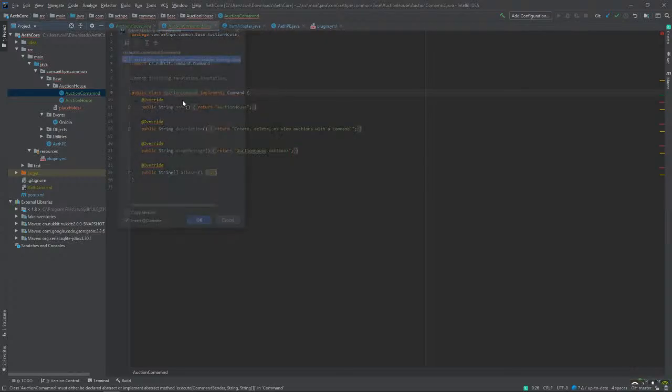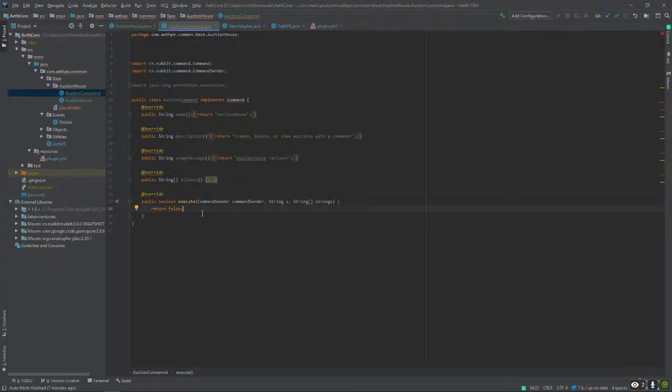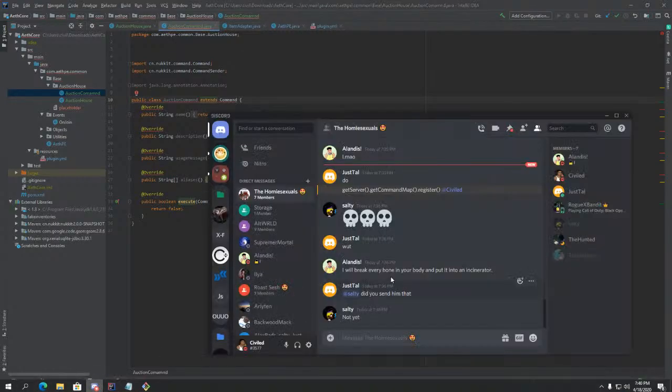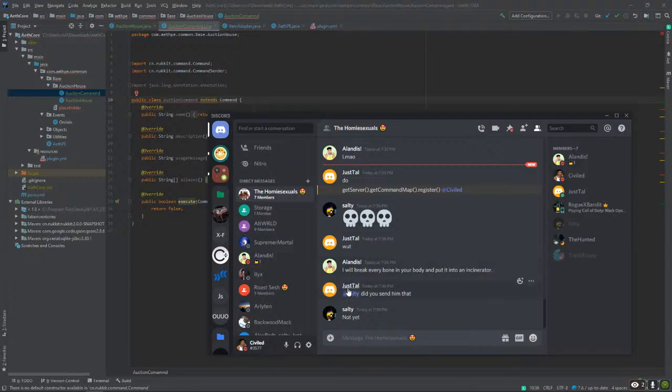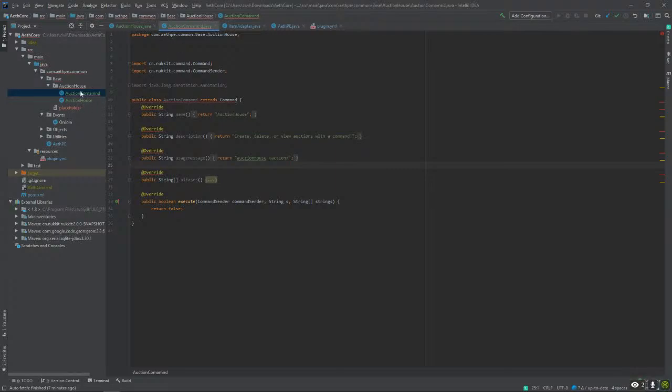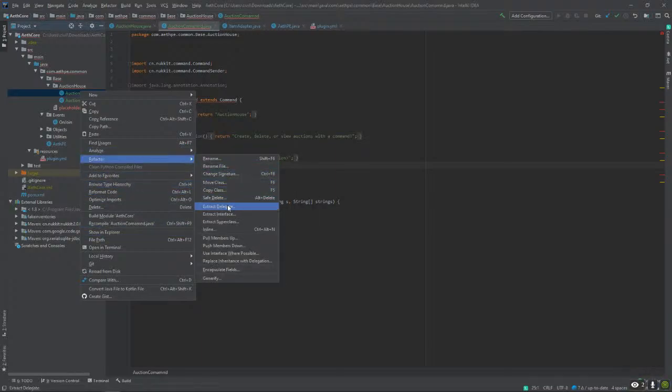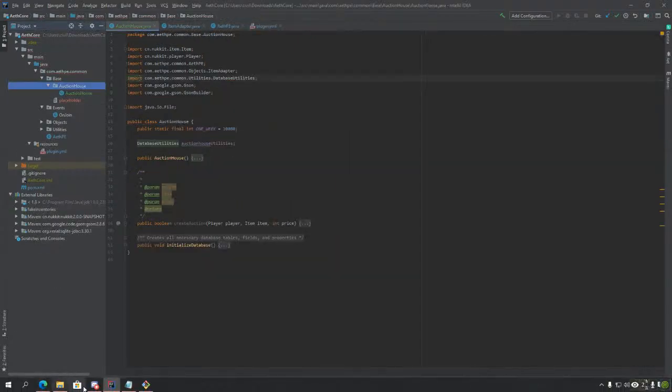Okay, execute. There we go. All right. Extends command. Refactor. Safe delete. The issue, tau.